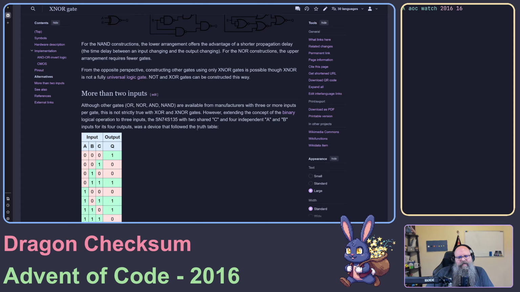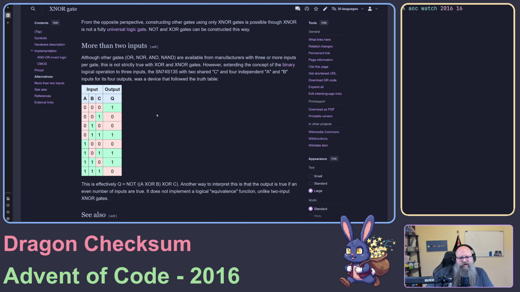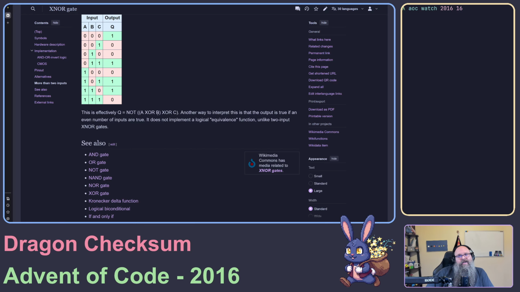The thing that's going through my mind is XOR gates are really cool because they're reversible and stuff like that. And so you can often do interesting math with them that you can't do with other gates. And because this is essentially an XOR gate, but notted, I think you can do things like